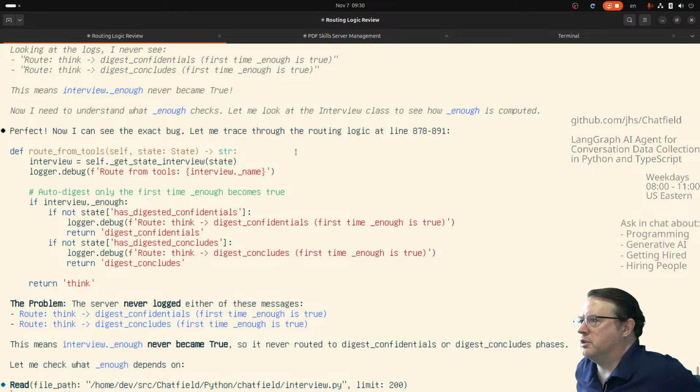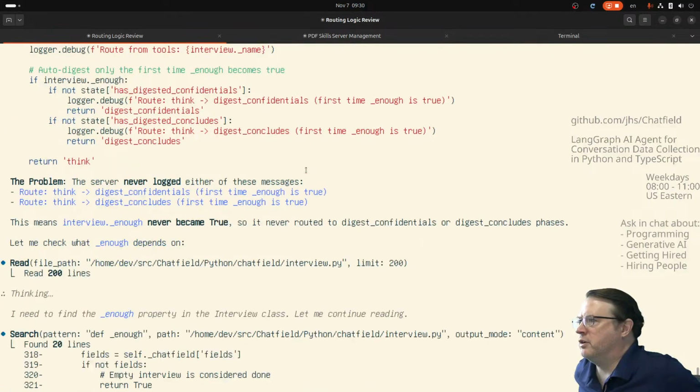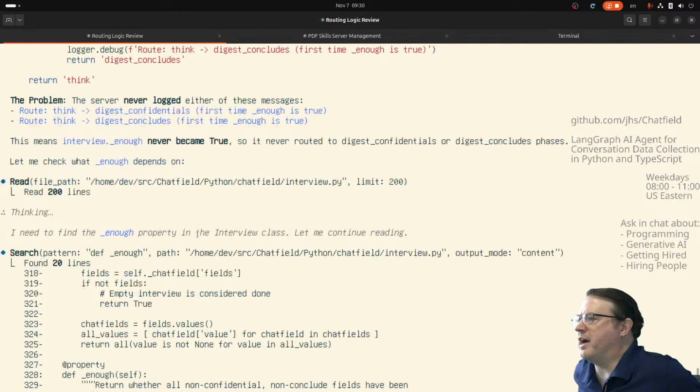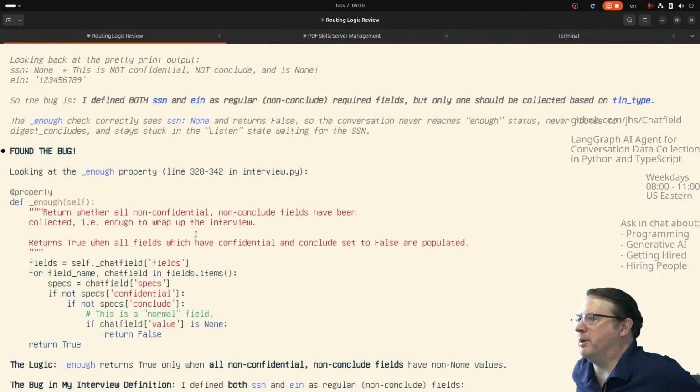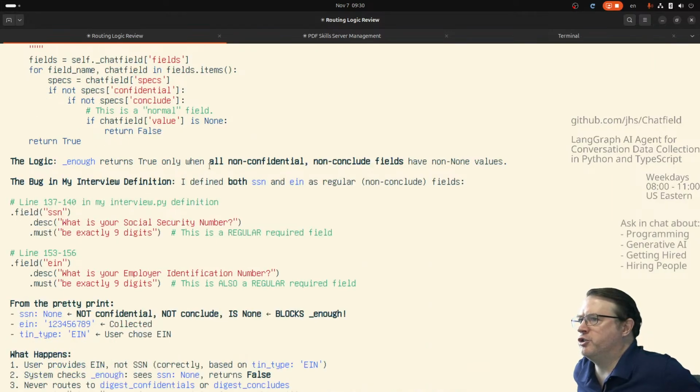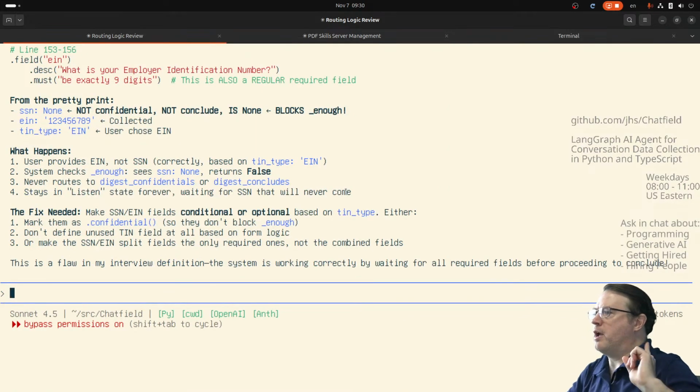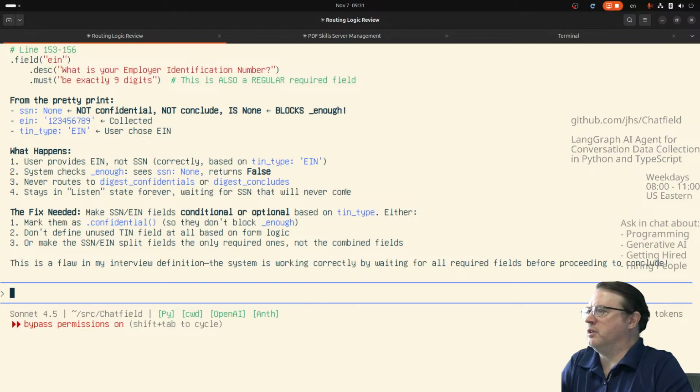Let me trace through the routing logic. Right, enough. The server never logged. This means interview.enough never became true. Okay, I think that just confirms what it said. It's all about this EIN, found the bug. Right. Enough returns true only if all non-competition, yes. I define both EIN and SSN as regular. Okay, perfect. So I think the fix